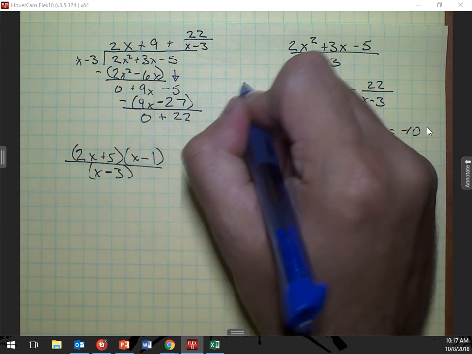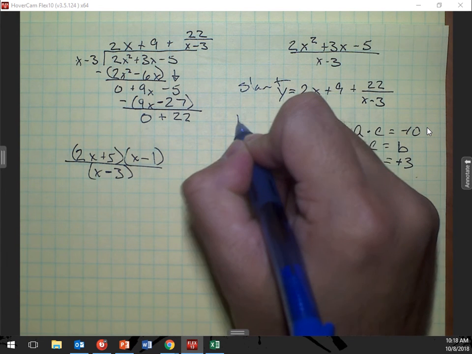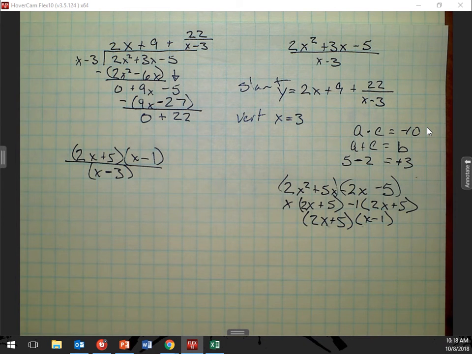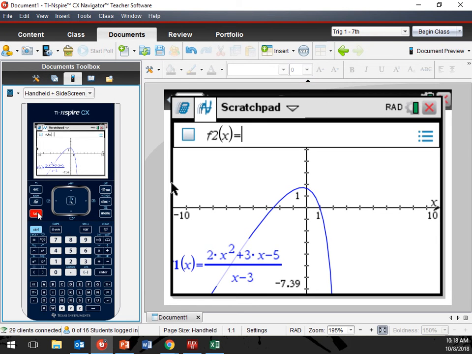Here's my slant, and I have a vertical asymptote at x equals 3. Okay, so let's go ahead and take a look at that now. I'm actually going to graph my asymptotes also. So let's take a look. There we go. All right, so it's going to be, what was it, 2x plus 9